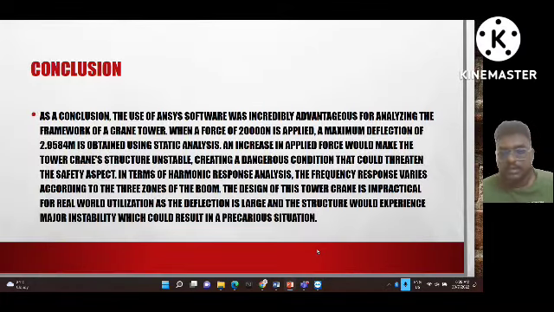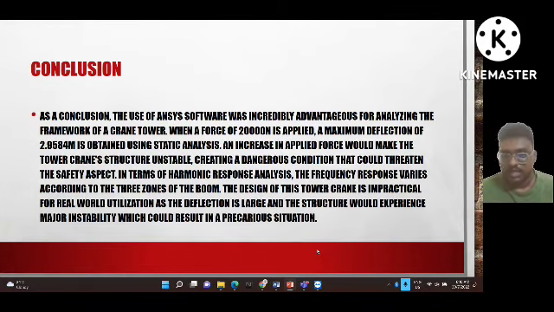As a conclusion, the use of ANSYS software was incredibly advantageous for analyzing the framework of a crane tower. When a force of 20,000 Newton is applied, a maximum deflection of 2.9584 m is obtained using static analysis. An increase in applied force would make the tower crane structure unstable, creating a dangerous condition that could threaten the